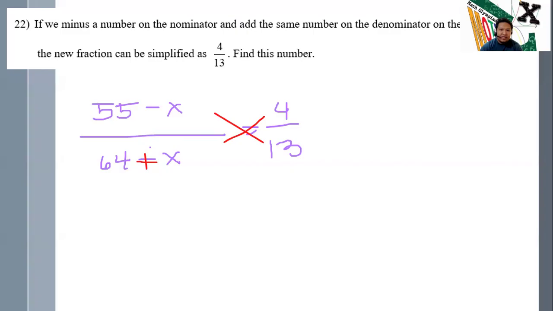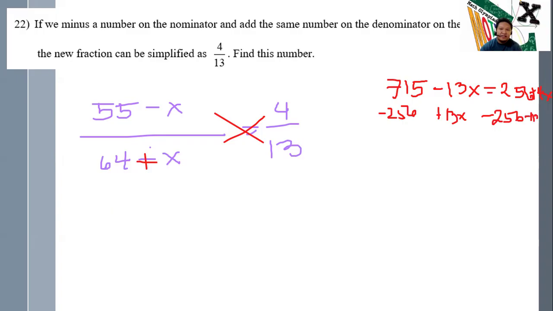That will give us 715. This is the cross multiplication process: 715 minus 13x is equal to 4 times 64. So 4 times 64 will give us 256 plus 4x. So we did cross multiply. Now subtract 256 from both sides, and add 13x, like that algebraically. So we'll be having 17x is equal to 715